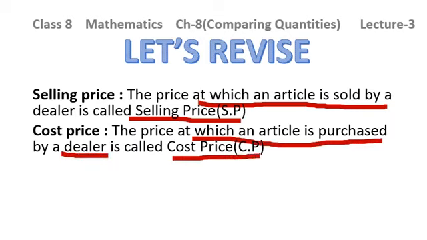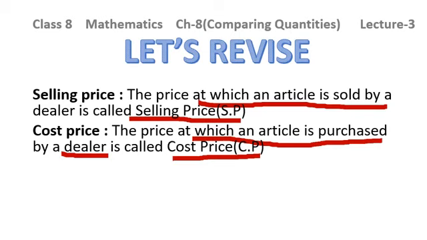Let us see an example. Suppose you have purchased an article for rupees 200. So this is the cost price, because you have purchased it, you have paid for that article. So here this 200 is the cost price. And if you are selling the same article for rupees 250, here 250 will be the selling